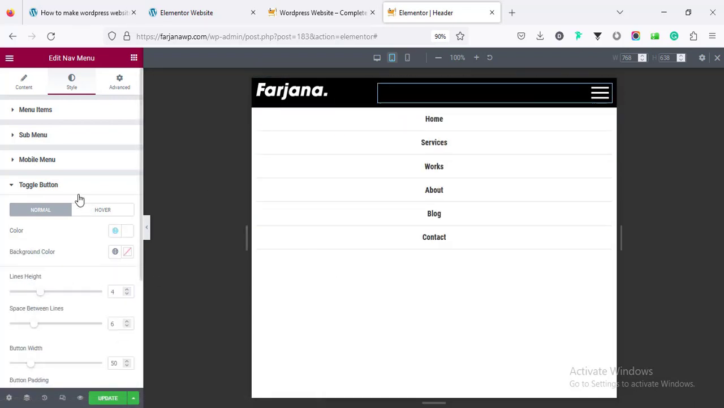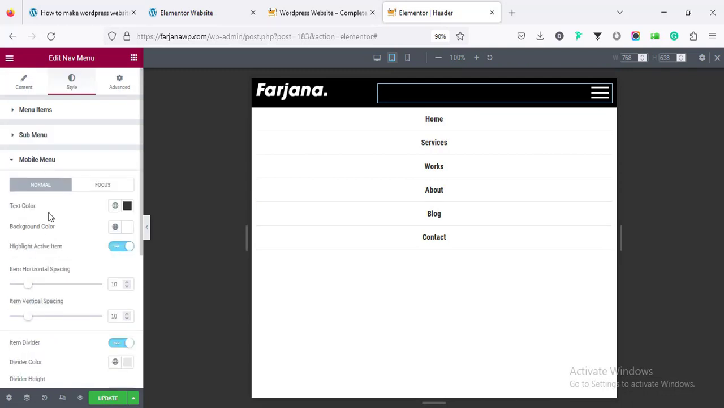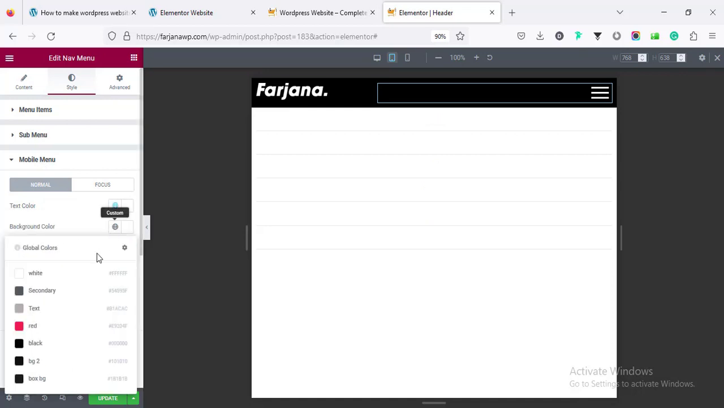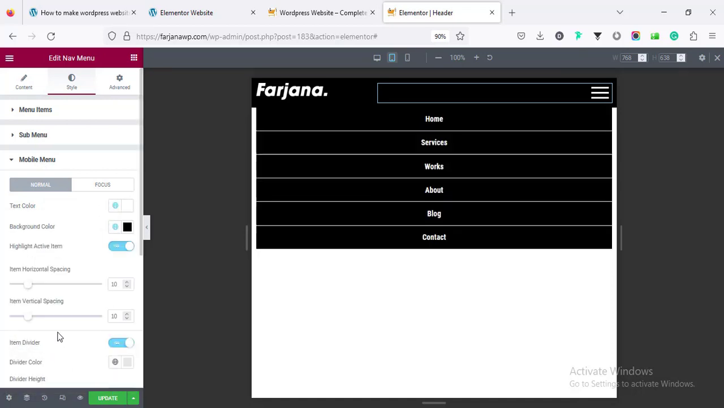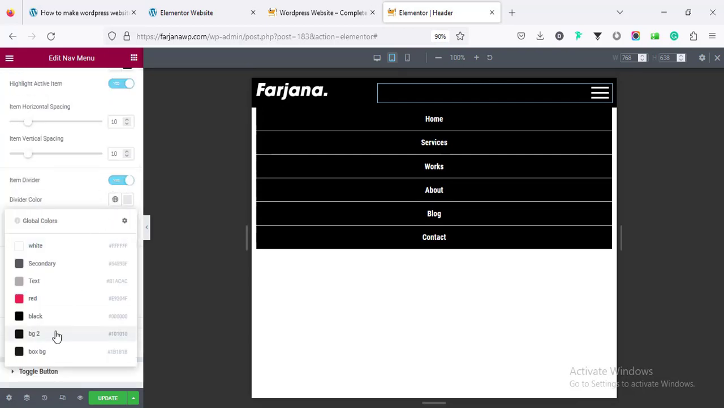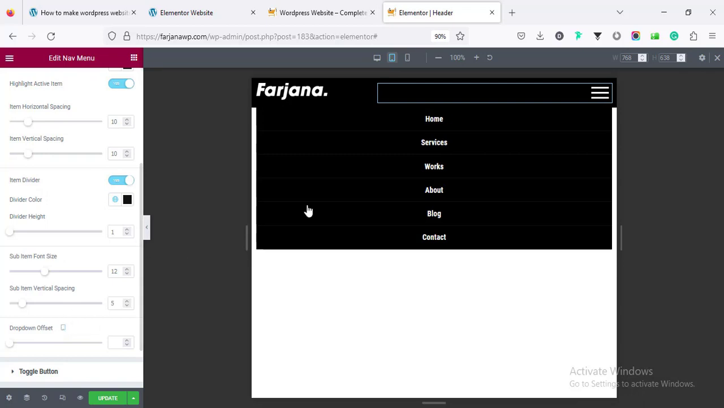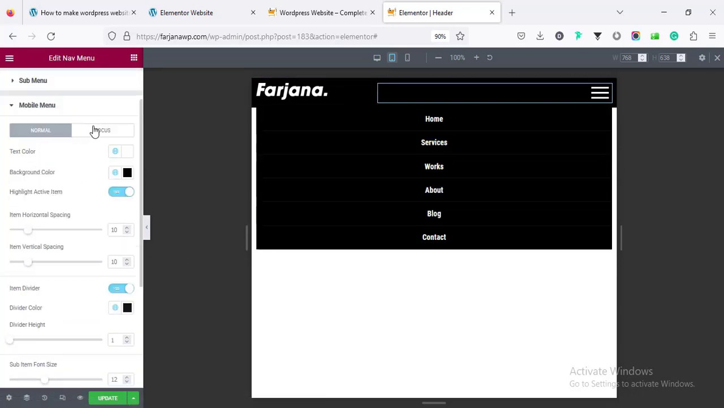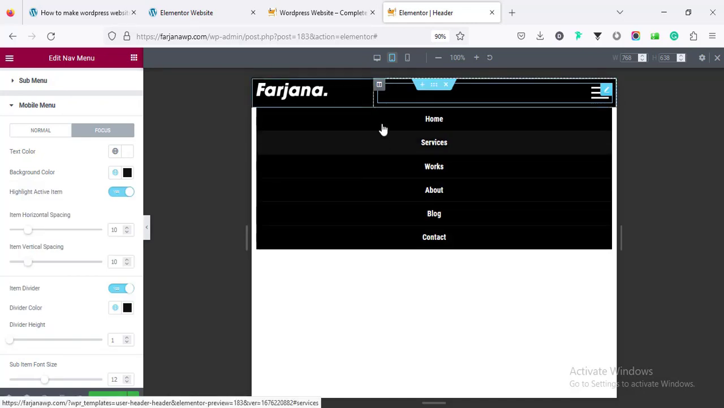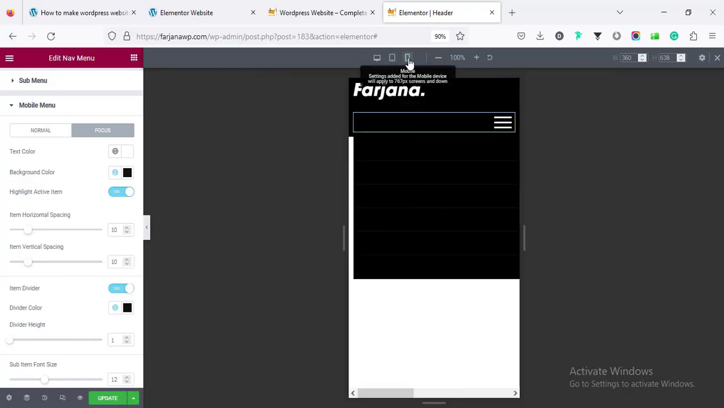And the mobile menu, going to the mobile menu, the text color white, background color black, and the border divider color we can set it to BG2, and on hover, background color we can set it to BG2. Yeah, looks good. And on phone,